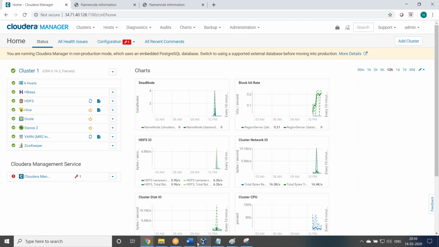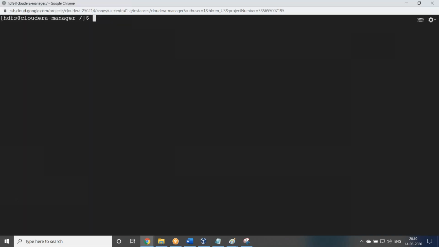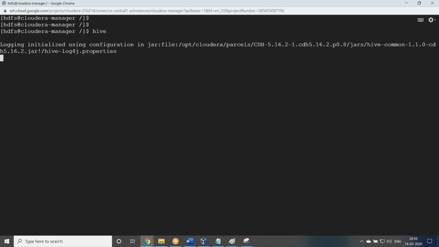So how to validate Hive and HBase? Okay, let us see. Now we installed HBase and Hive. So whether Hive is started or not, how to check? Simple, type Hive, press enter. So you see the terminal started.